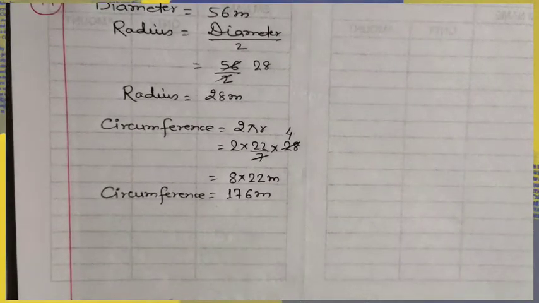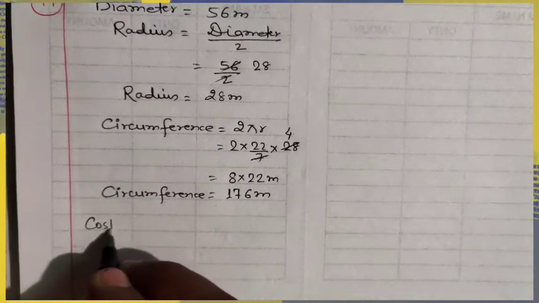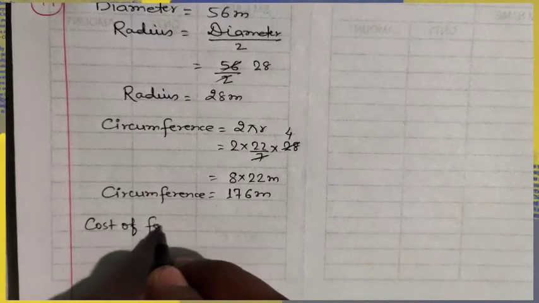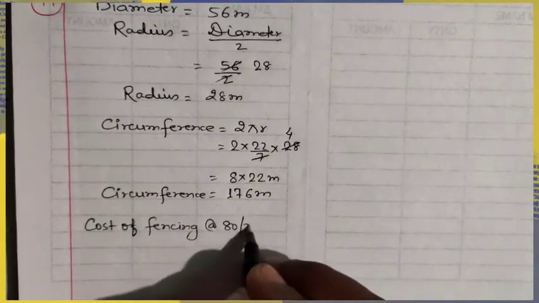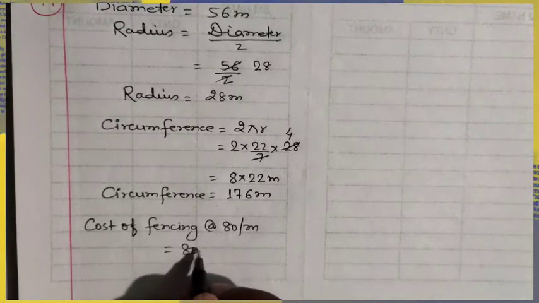And next part question is saying find the cost of fencing it. It means we have to put boundary at the rate of 80 per meter. So we will write cost of fencing at the rate of 80 per meter will be equal to 80 multiplied by